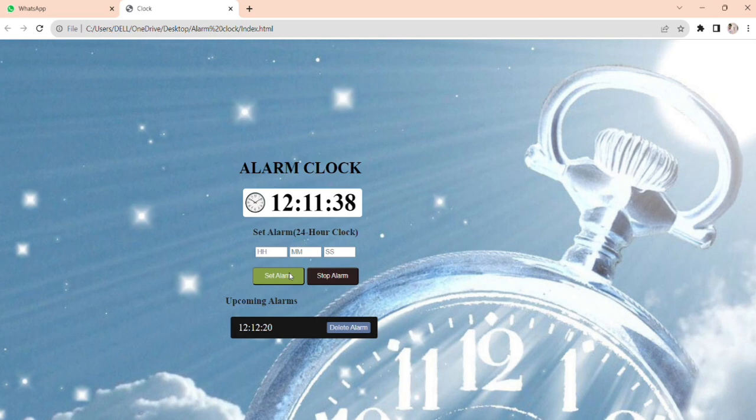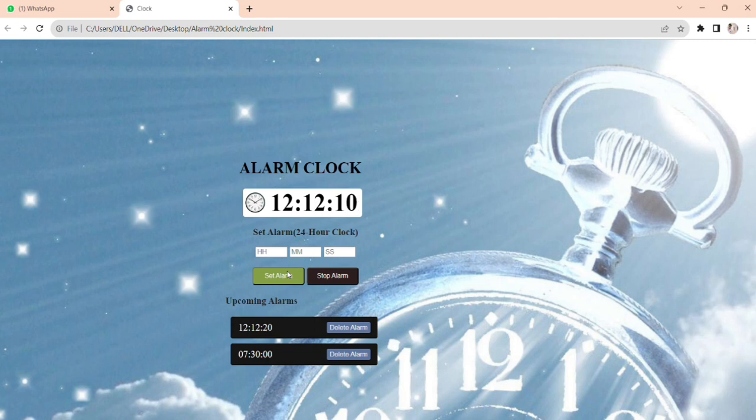My project contains three parts. The first part is a digital clock which will change at every second, and my second part is we can also set multiple alarms, as you see at 7:30 set alarm. We can also set multiple alarms, and the third part of my project is that when the time comes,